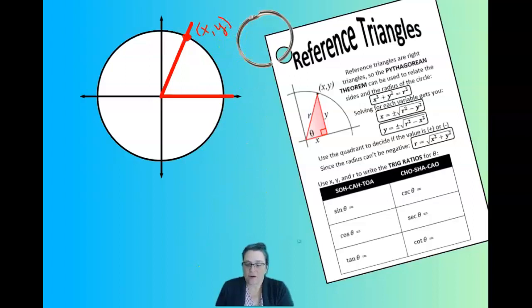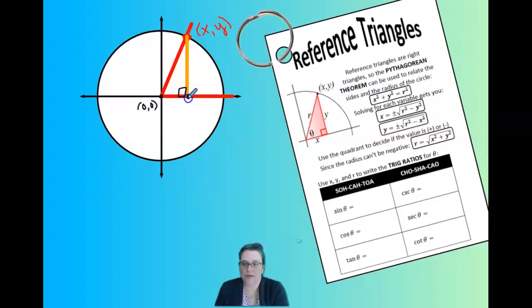Now, if I form a right triangle using that point, so I'm going to take my line segment and go from that point of intersection with the circle at x, y and drop a perpendicular line straight down to the x-axis. Now I've formed a right triangle within my circle. This, because it was perpendicular, is my right angle, and then the distance from the center of the circle, which is 0, 0, the origin,